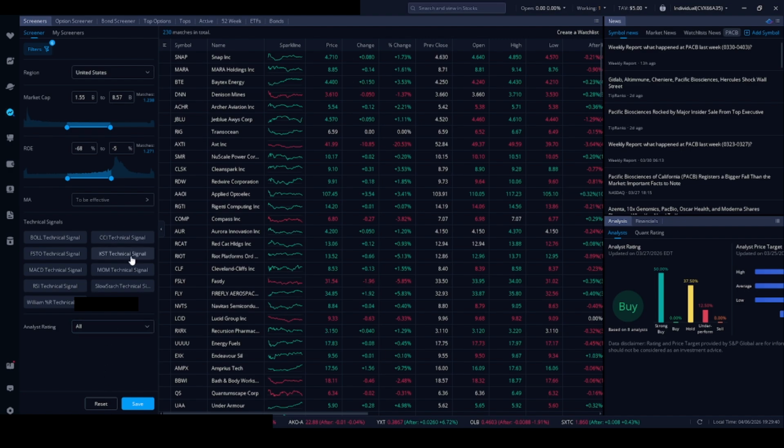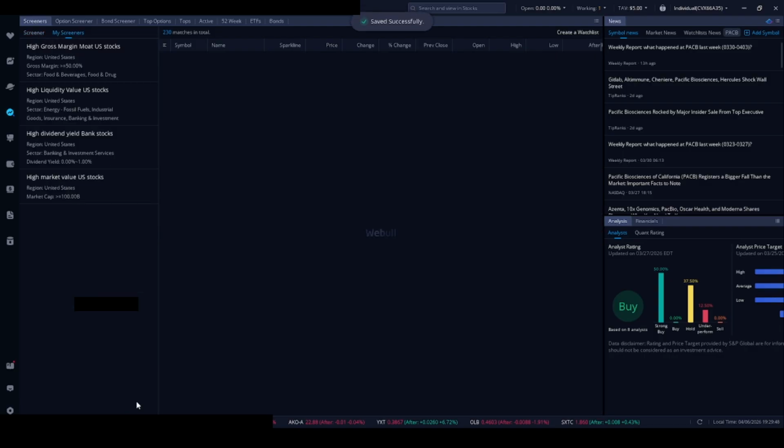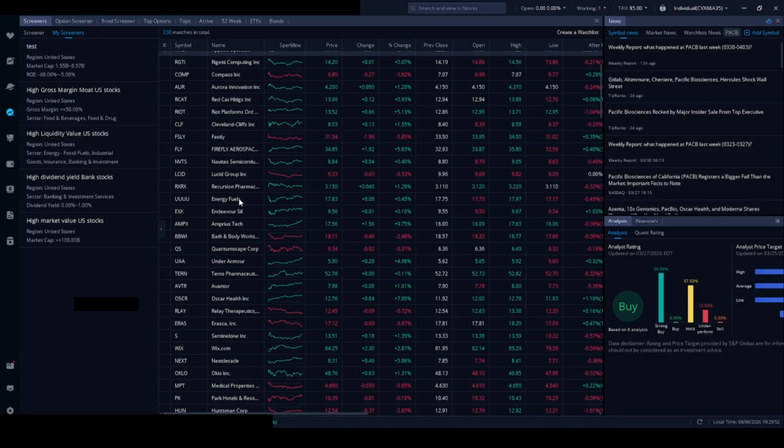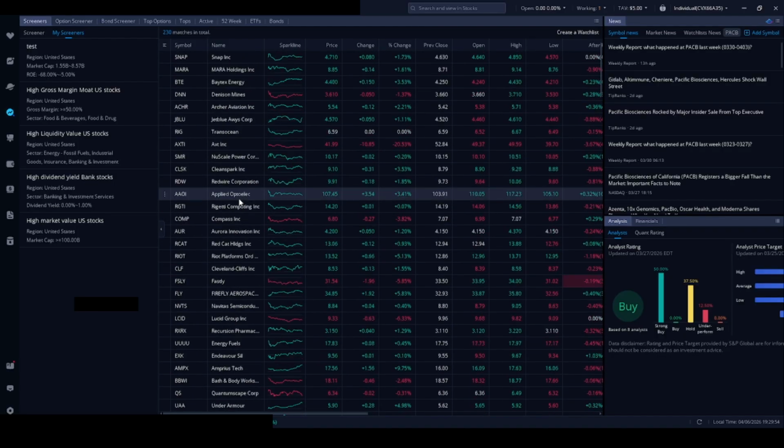After selecting your desired criteria, click on the Apply button to generate your list of stocks that meet your specifications. You will notice a display of stocks that fit the filters you have set. Take your time to browse through them and examine the details that interest you, such as the price action, earnings, and other key metrics. Finally, if you find stocks you want to keep an eye on, you can easily add